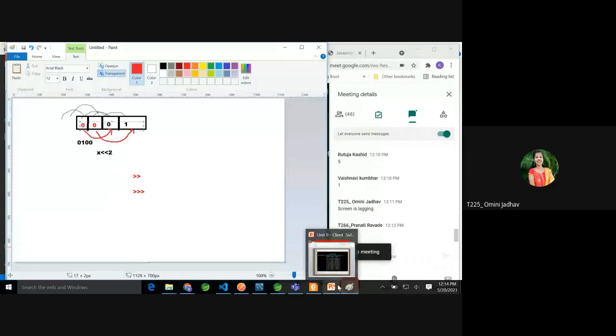Yes, sir. I expect that you should go for one example. Let's check what happens. Let's say A is a 5 number, and let's say B is we want to shift it by 2. So I'm keeping the variable same, but A left shift B. So what is the result?